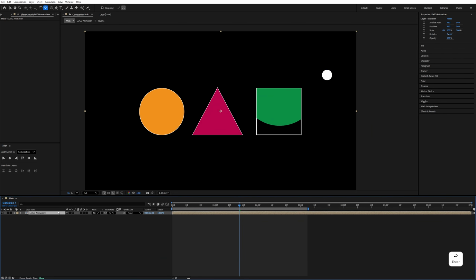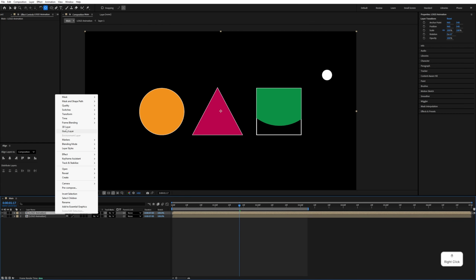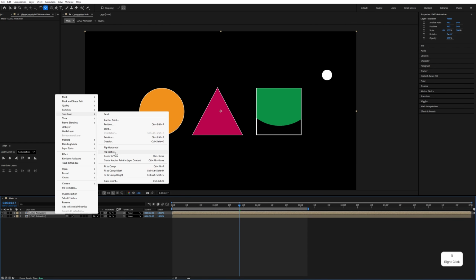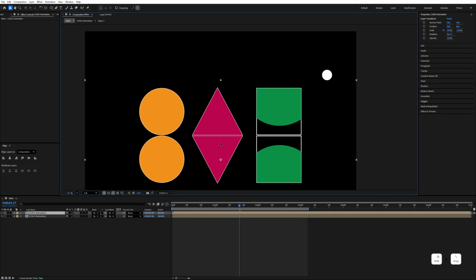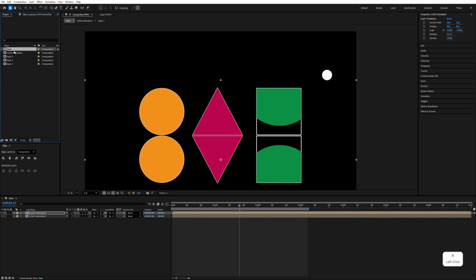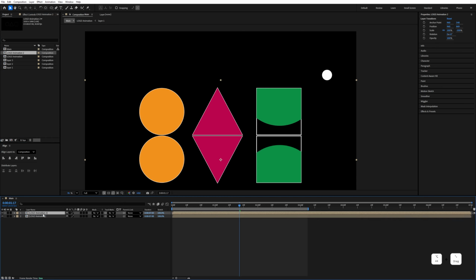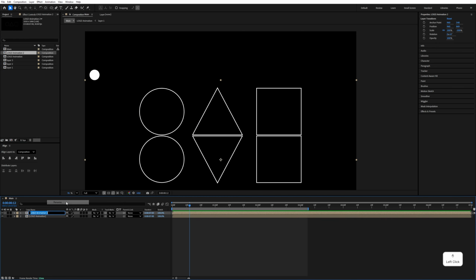Okay, so now select the logo animation layer, Ctrl D to duplicate, right click, transform and flip vertical and move it under the layer like this, and go to the project panel and select this logo animation layer, Ctrl D to duplicate and hold Alt and drag and drop onto this. Now rename it, so name it reflection